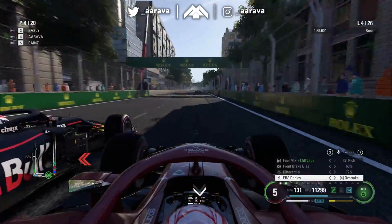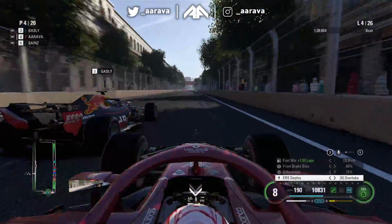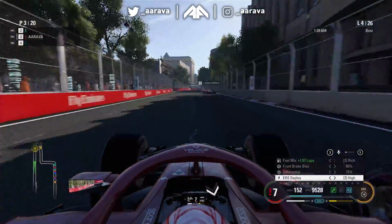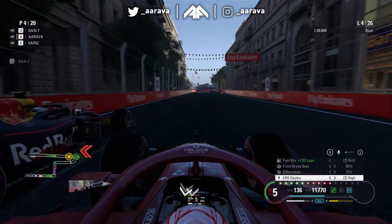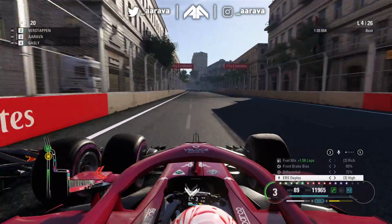Still on the second turn now, a drag race to the next corner. DRS open for us and him, and he's just got the legs. The Honda power just a little bit better than the Ferrari power in the back of our Alfa Romeo car, but we dive to the inside, lock up on the front left. Gasly with the great switchback move, to be fair. What a switchback move for him, but we're down the inside again, deep into that corner, trying to squeeze him